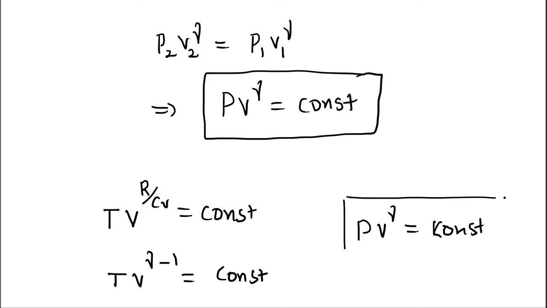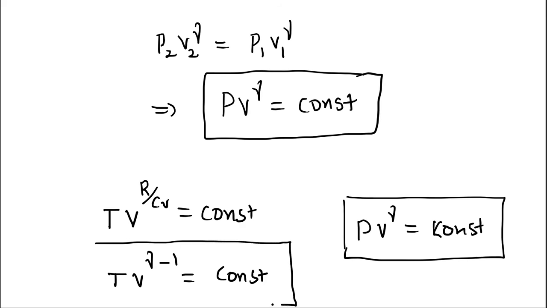And one more relationship we have to prove, the relationship between pressure and temperature, that we will cover in the next class. In the next class, we also cover the dependence of enthalpy and internal energy exclusively on temperature. They don't depend on pressure and volume. We also prove that using Joule's experiment. And this is the class for today.